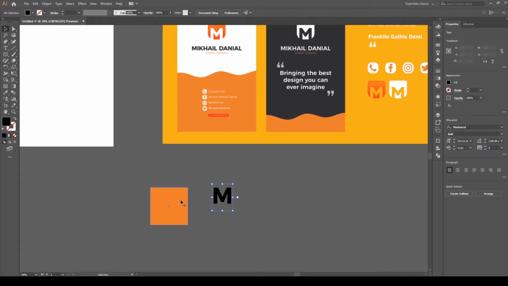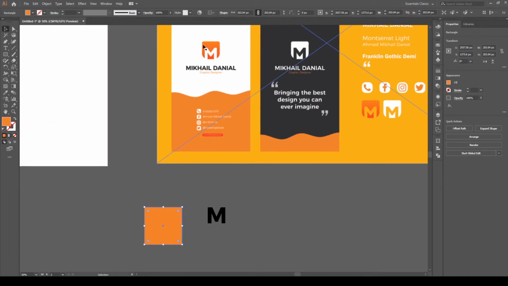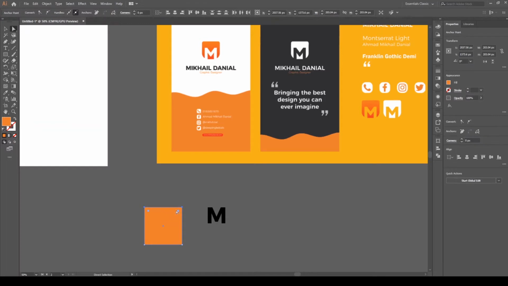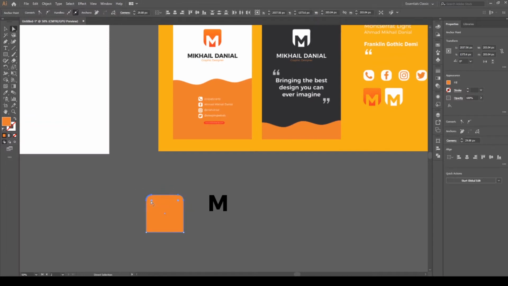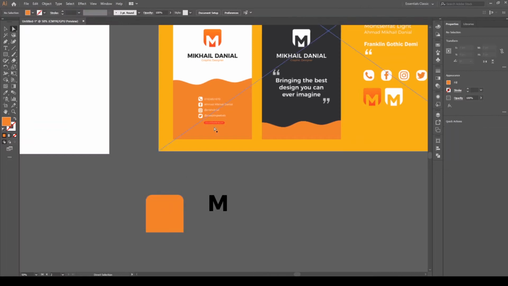Okay. So from here, how to make this shape? Just press A, select the two points here, and then click and drag. You need to adjust it accordingly. Let's say you want to make it into a circle, just make a circle. But then let's say you just want a tiny bit of the curve here, you can use A, which is the direct selection tool, and then you can choose these two small circles. You can just drag to change it accordingly. And then let's say this one,